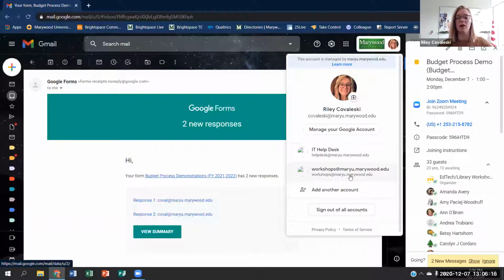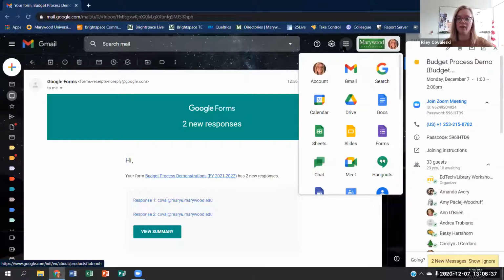So whenever you click on the Google Apps icon from a certain account, it opens up the apps for that specific account. So if I want to find the budget folder for my Kowaleski email, I want to make sure I am in that email first. That's just something I do to make sure I'm in the right place, but you can do it however you like. So I'm going to click on the Google Apps icon, and the Drive icon is usually right towards the top. So if you just click on Drive,